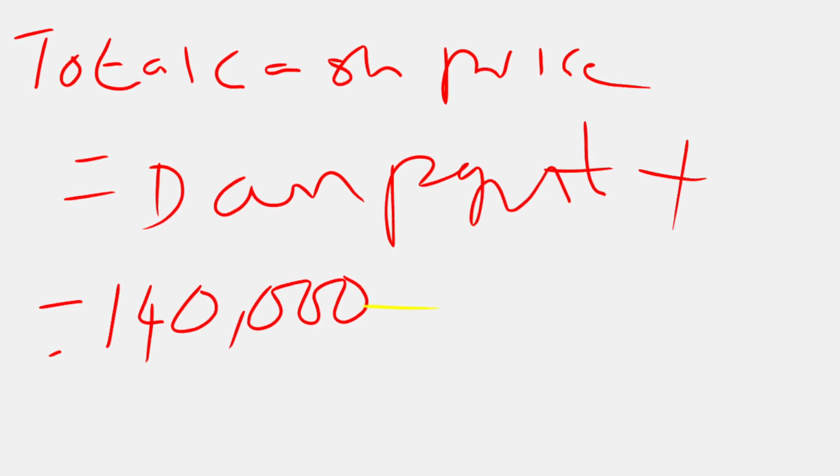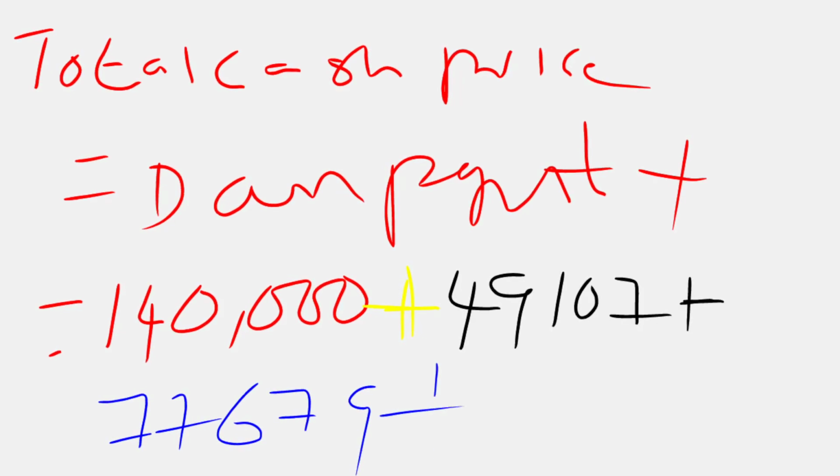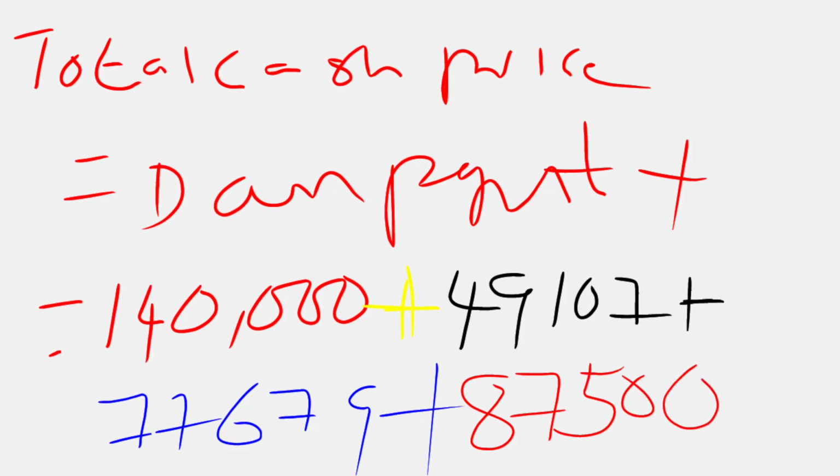So 1,40,000 is the down payment plus we need to add the fourth installment, that is 49,107, plus the second and third installments, that is 77,679, plus again what we calculated here, 87,500, plus